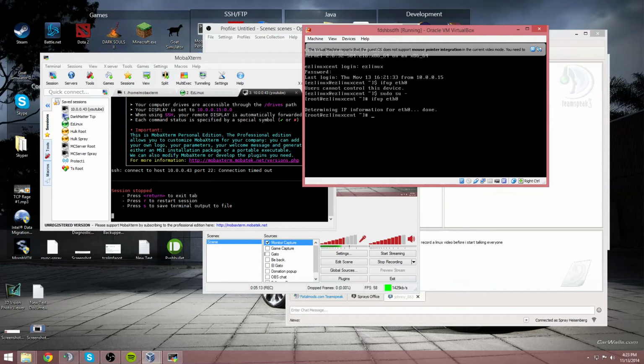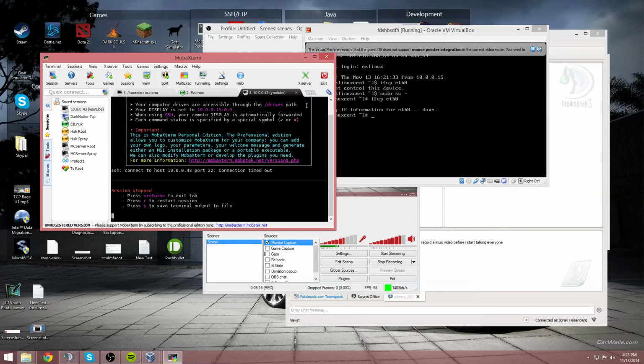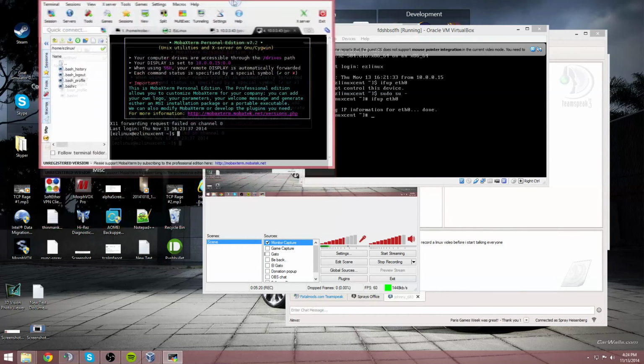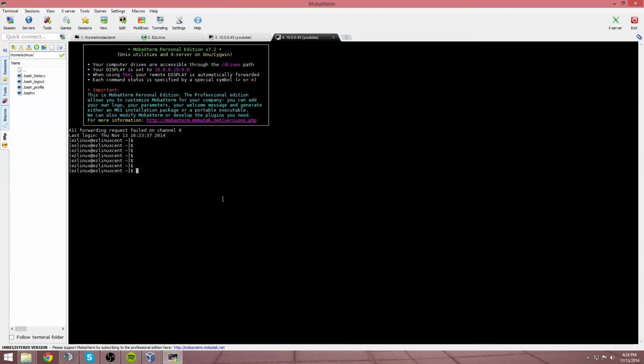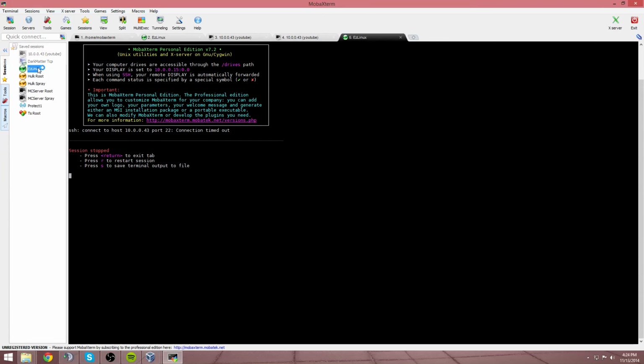Now we should be able to go on MobaXterm. I hate using VirtualBox, so we're going to do just that. Here we see we're in as Easy Linux, and we can go root, but if we try here,